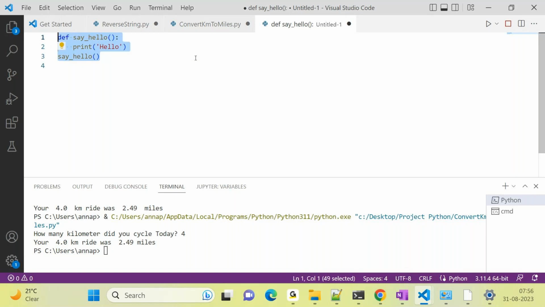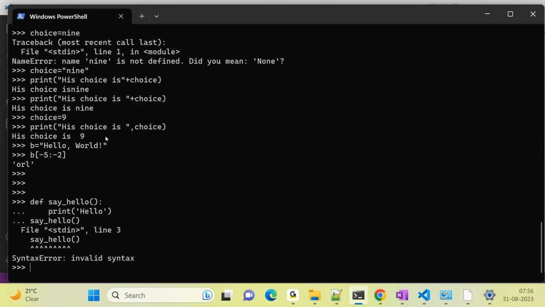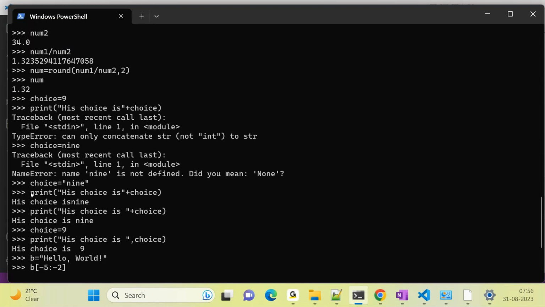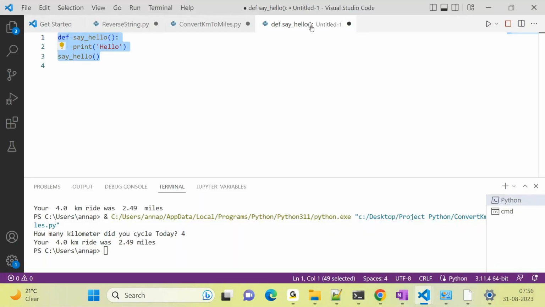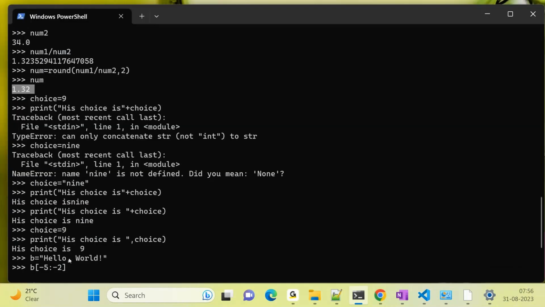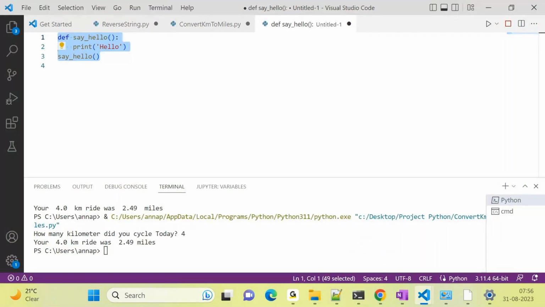So usually what we do when we write in a terminal, we directly do something like print, addition, and without giving print also you will be printing something. Here you haven't given print, you just give number, but it is printing something, right? But this is not possible when you write a .py program, a program which has a name followed by .py extension which you are running. So you cannot directly give number to display the number. You have to put it inside print if you want to display something. So similarly, for this program to work, when you call some function, you have to add a line called